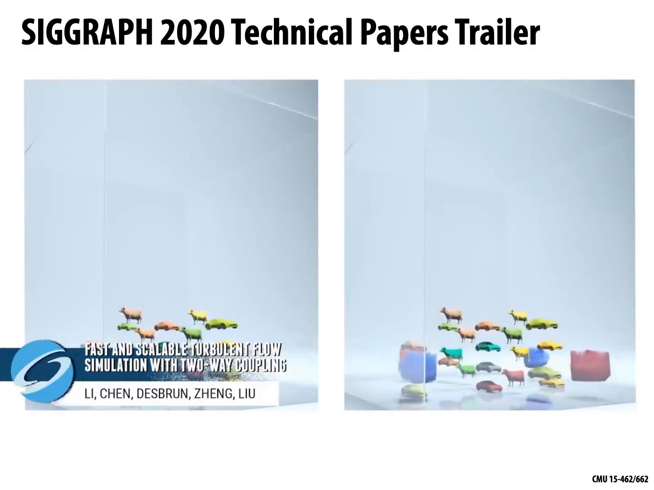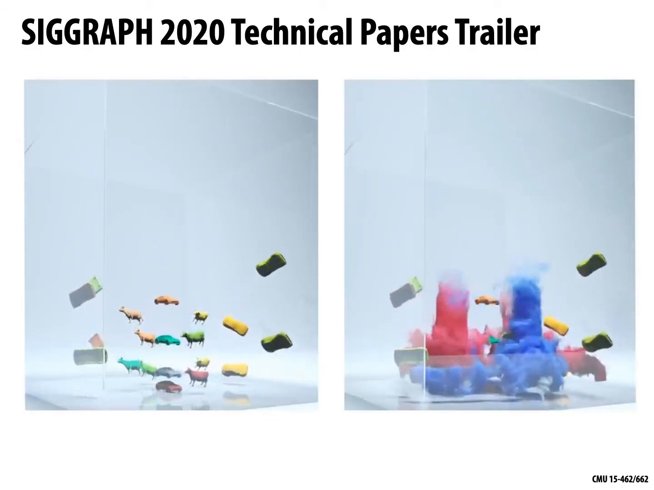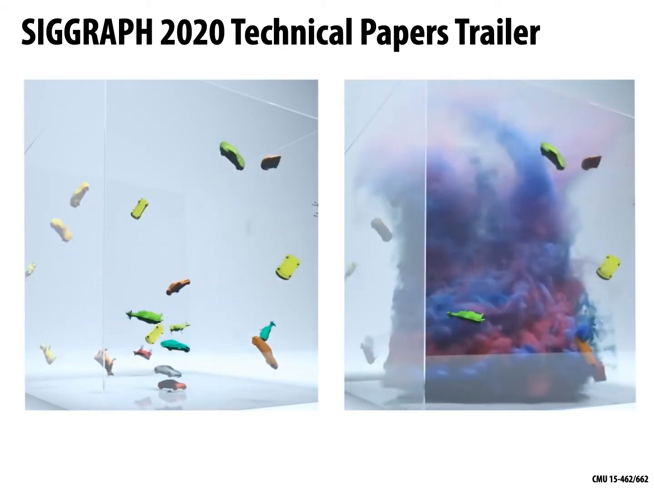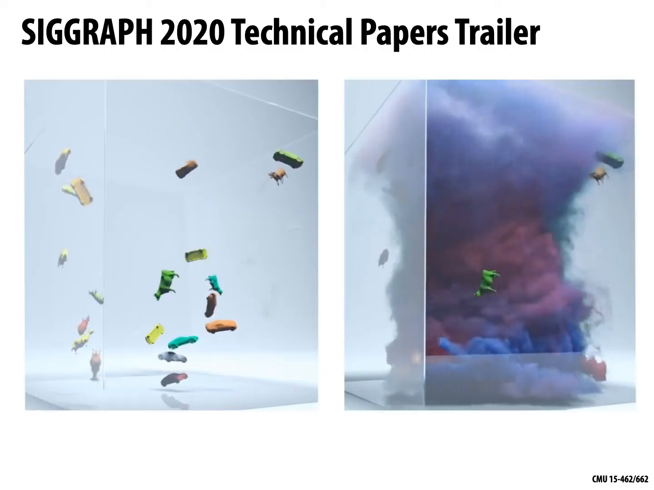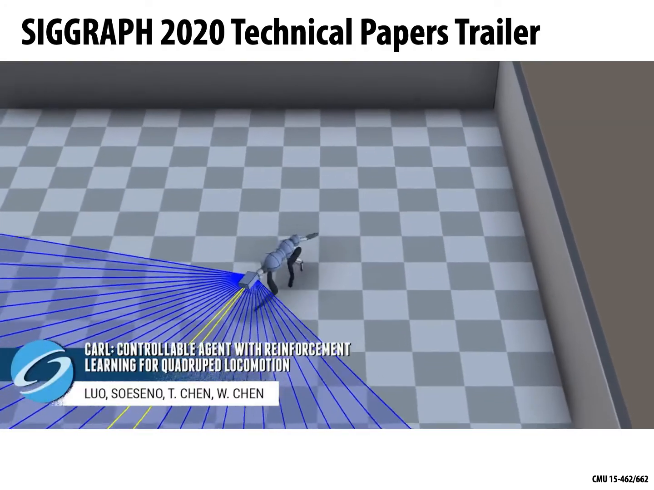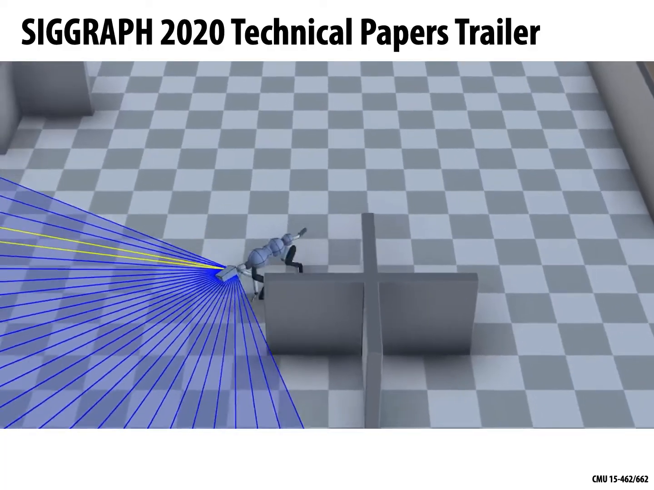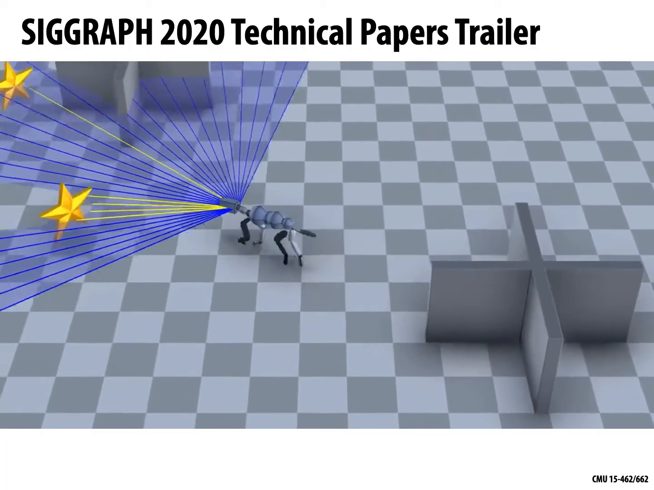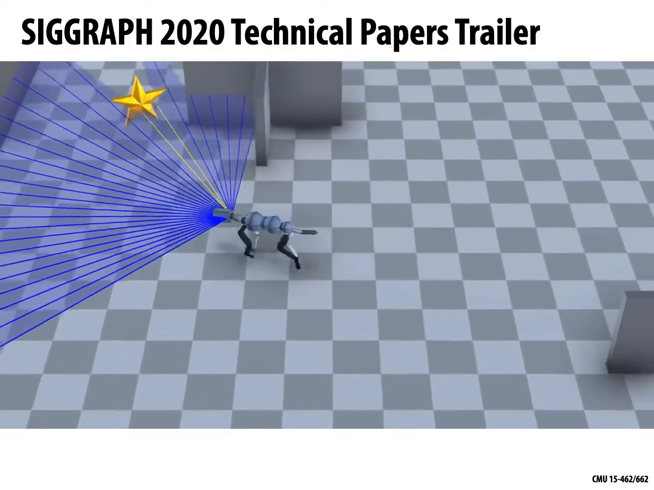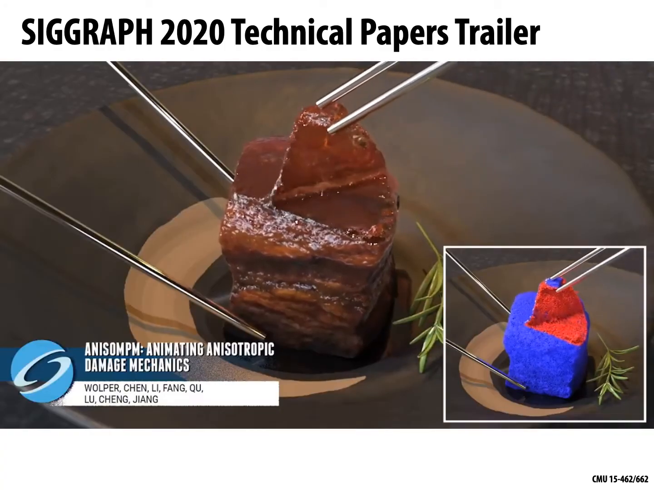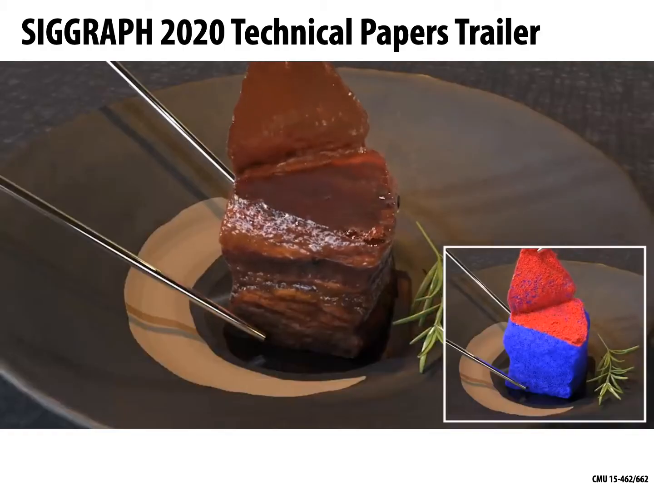Efficiently coupling the interaction between solid objects and turbulent flows lets us unleash a tornado on toy animals. Generative adversarial networks and deep reinforcement learning help this quadruped navigate a maze to find delicious stars. By animating the dynamic fracturing of isotropic and orthotropic materials, we can pull off the top layer of a piece